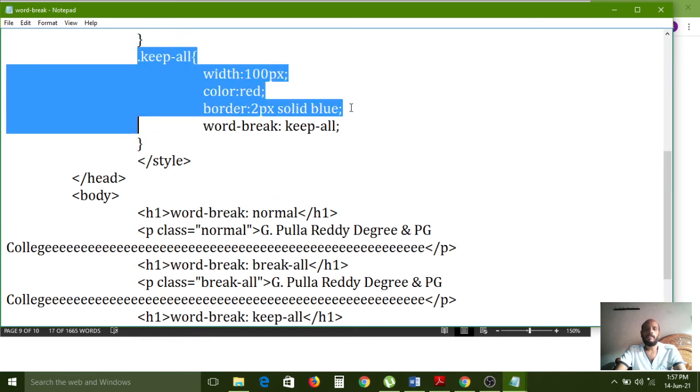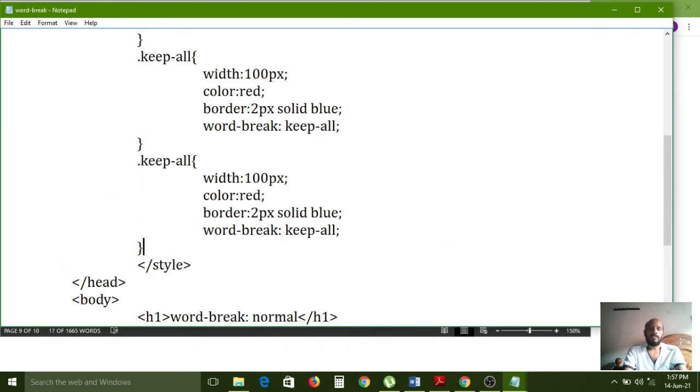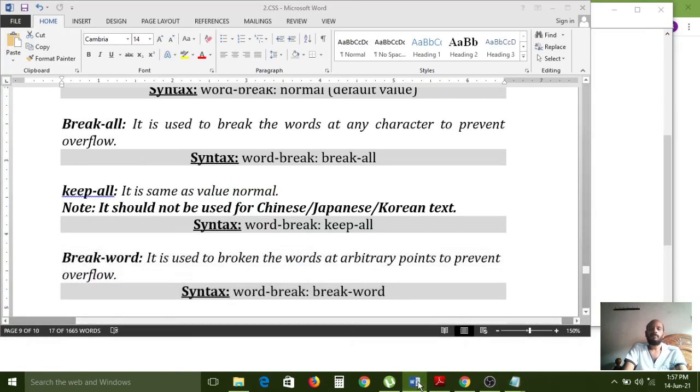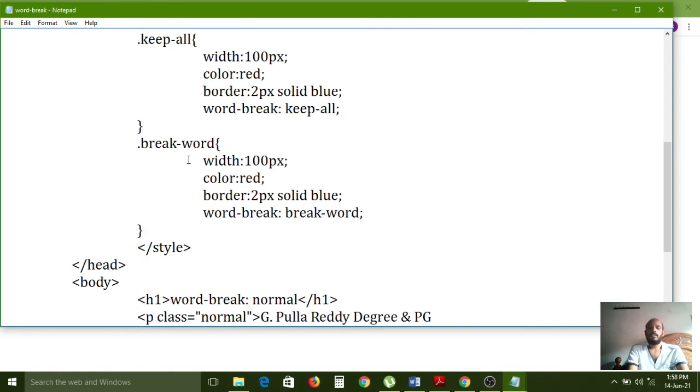So now I am saving, copying, and here I am pasting. So what is the property right now? Break-word. So instead of keep-all, we have to use break-word, which is also one of the effects.